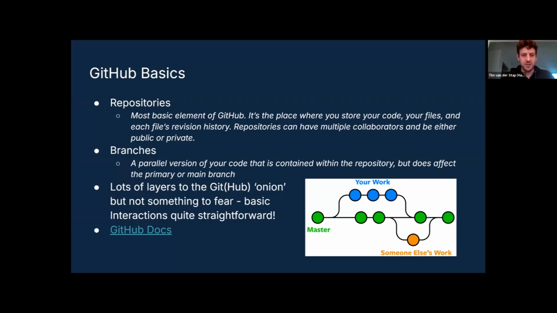So what exactly are these branches? When you create a branch, you can make any changes that you'd like to either text files or to code within that branch without affecting the main branch. And then in time, whenever you're happy with the changes that you've made, you can propose to merge those changes from that branch back into the main branch through what we call a pull request, and that's something that we'll touch on as well.